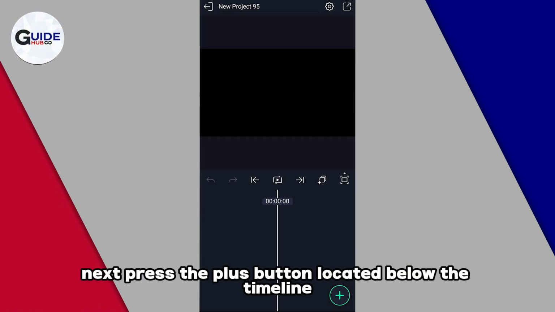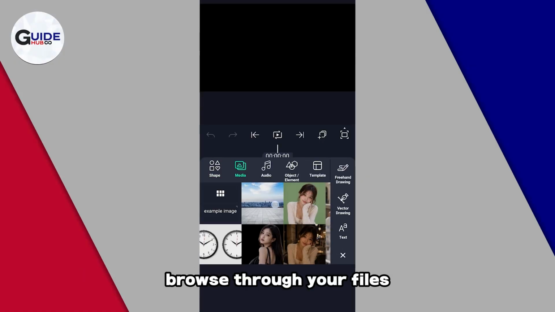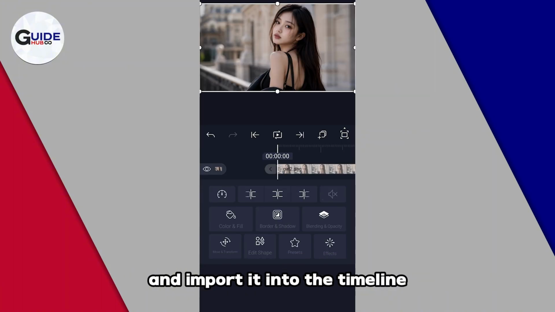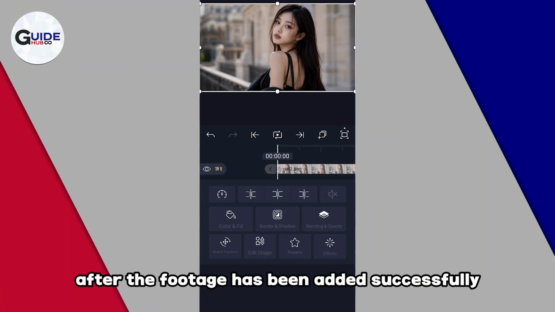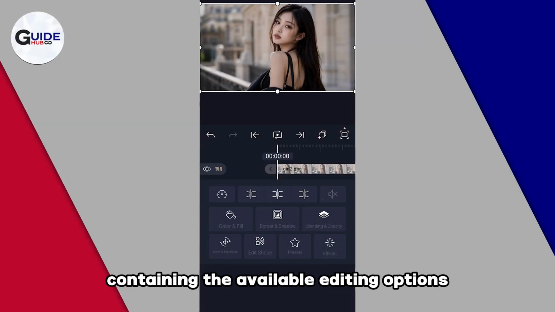Next, press the plus button located below the timeline to add media to your project. Browse through your files, select the footage that you want to use, and import it into the timeline. After the footage has been added successfully, select the footage layer to open the small menu containing the available editing